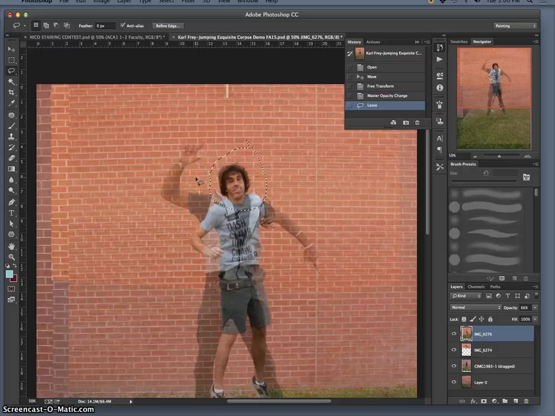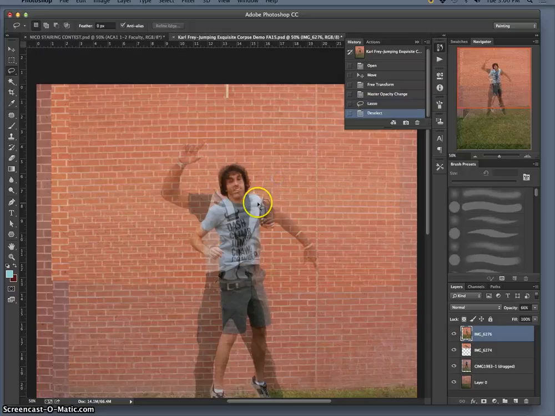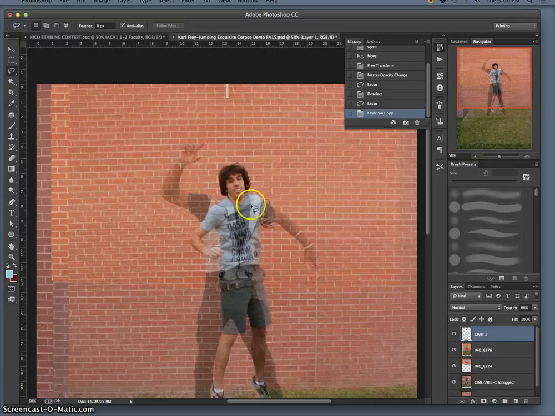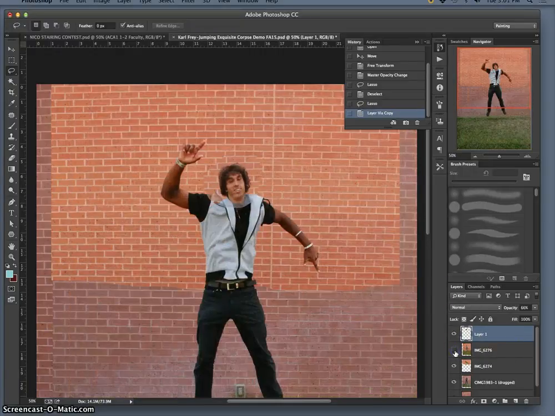This is, instead of erasing everything away, I'm going to duplicate what I want. So I've selected not the stuff I want to erase like I did with the legs before, but I just selected around the head with a lot of extra space, and I'm going to duplicate that selection by hitting Command J. It's like copy paste, but it will put it exactly in the same spot on a new layer, like so. Take it up to 100%,